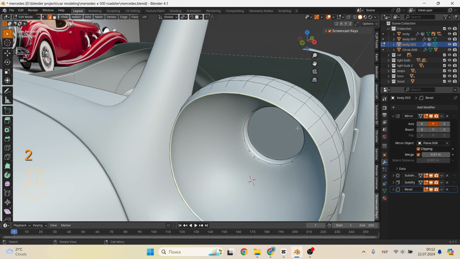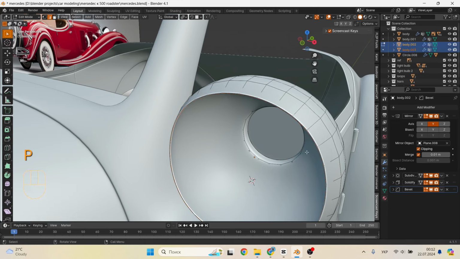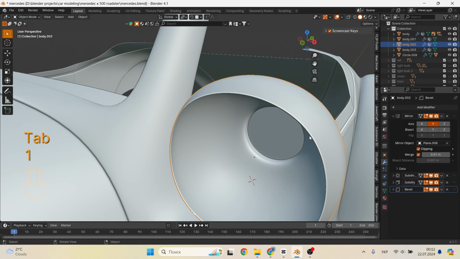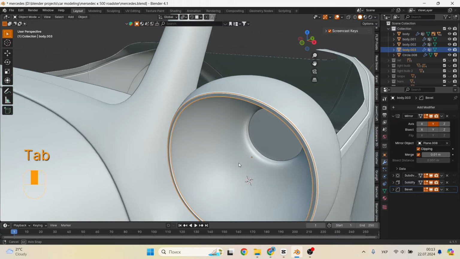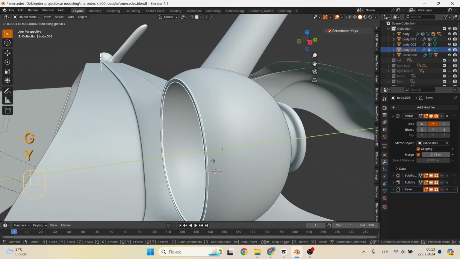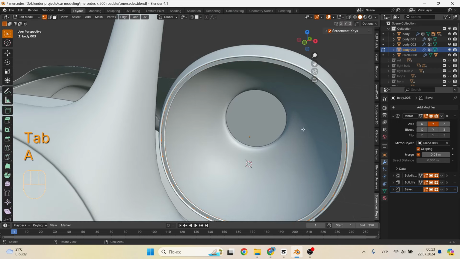Well, since we are already working on the headlights, I suggest running a little ahead. We need to make a small round contour that will imitate the thickness of the glass. For this we go into the headlight housing editing mode, select the edge loop, copy it and separate it from the part, using the path we already know. Now in the object mode we select the vertices of the resulting circle and extrude them inward.